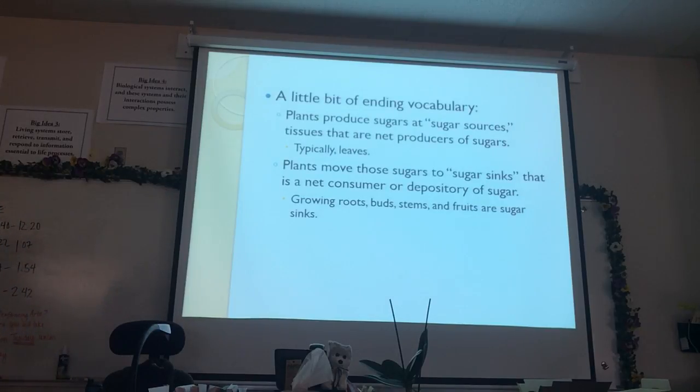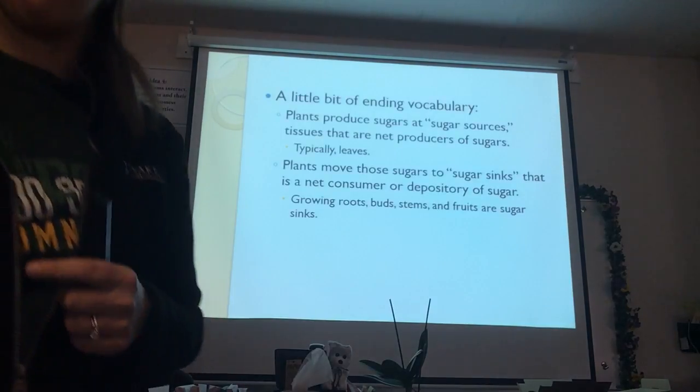Very simple vocab, but if the first time you see it is on May 8th for your test, that could be a little alarming. So sources is where it's coming from, sink is where it's going. Okay? Good job, guys. We have 1 minute to spare on today's